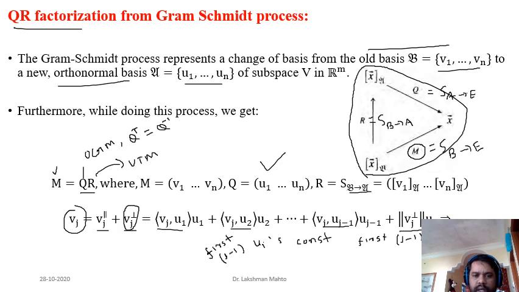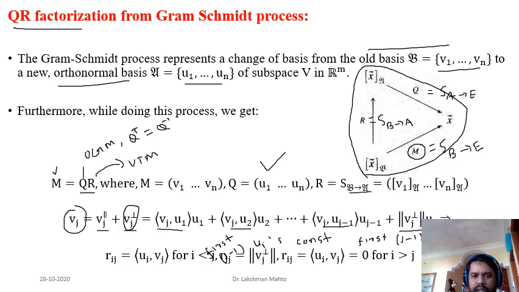These things also tell us what the entries of R are. R is an upper triangular matrix. So rij would be non-negative, and in fact non-zero, that means a positive number, when i is less than j. And rjj would be just the norm of Vj perp, and rij would be zero when i is greater than j. That's why R is an upper triangular matrix.